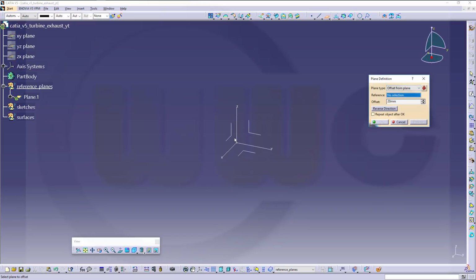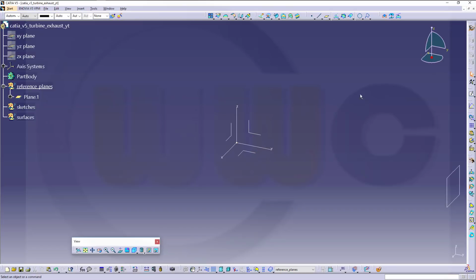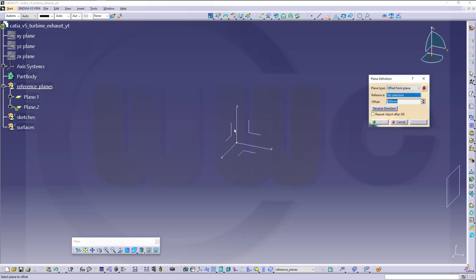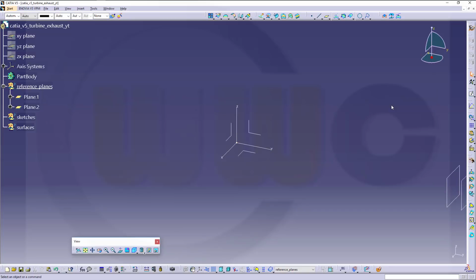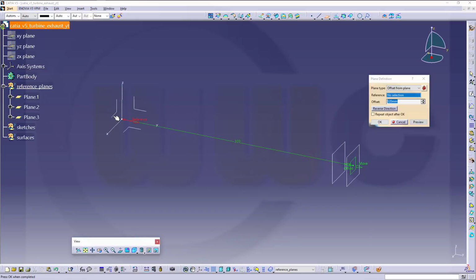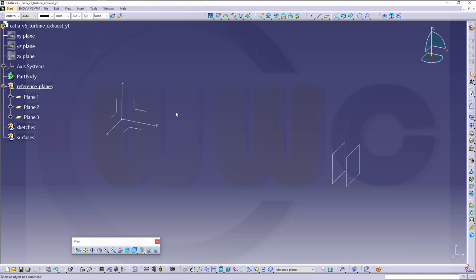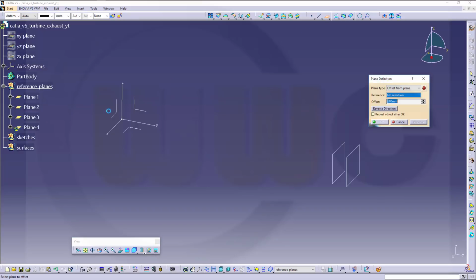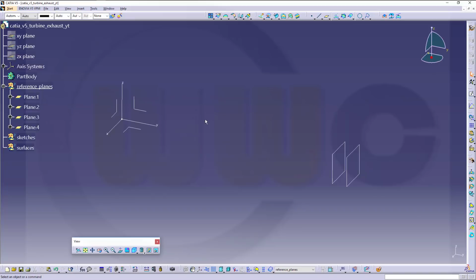Offset from plane, that's okay, and maybe the first one is at 300, second one is at 320, then maybe another one at, let's say 680, and another one at 700. Okay,